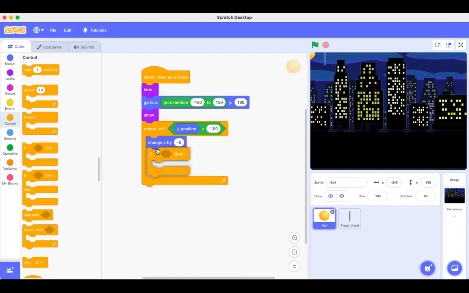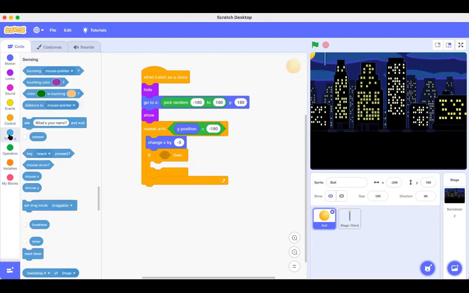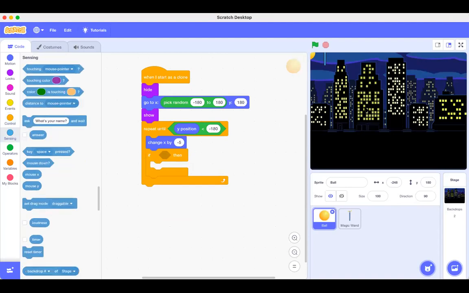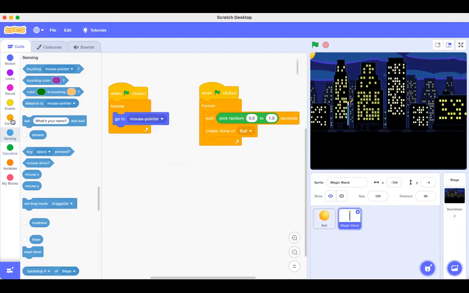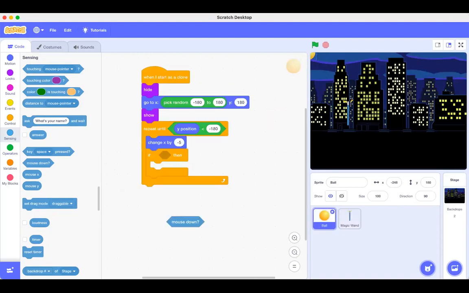So we say if mouse down. Now we want to sense, has the mouse been pressed? Am I pressing on the mouse? That's what we want to do. So if mouse down, but we also want to check if this ball is touching the magic wand. If the mouse is down and I'm also holding on to the magic wand, something must happen. So we'll say if mouse down and touching magic wand, both of these conditions must be